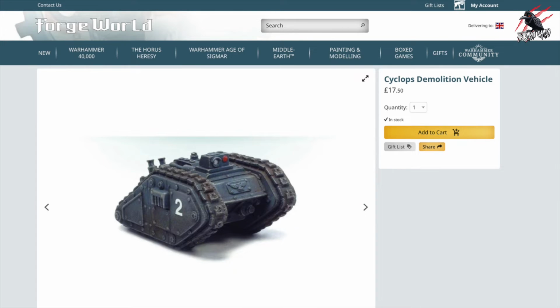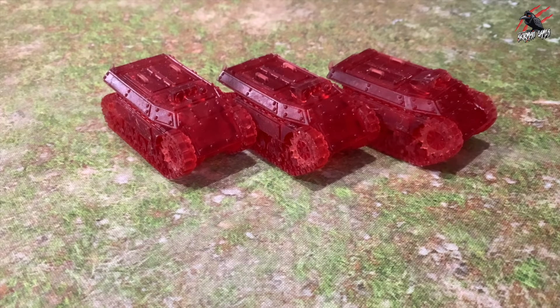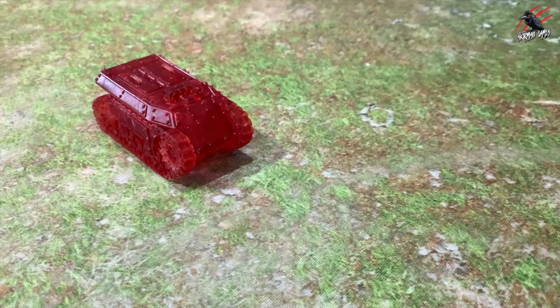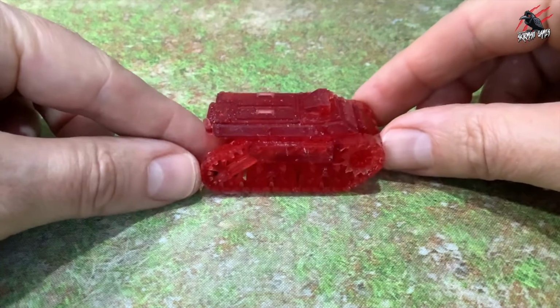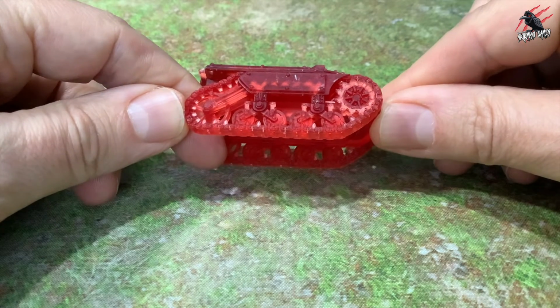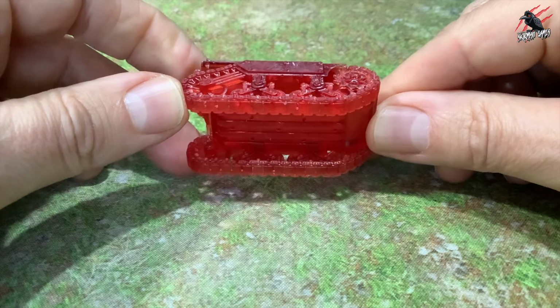So for £17.50 you can get the Cyclops Demolition Vehicle from Forge World, but if you want to save some money and get more of these, here's a great way you can do it. I did a quick search and found these on Etsy, and I'll put a link in the description below, and I got all these for £5.50 each, so for less than the price of 1 demolition vehicle I got 3, and they're a little bit different in design, but I think I prefer these designs, and the details are really nice,